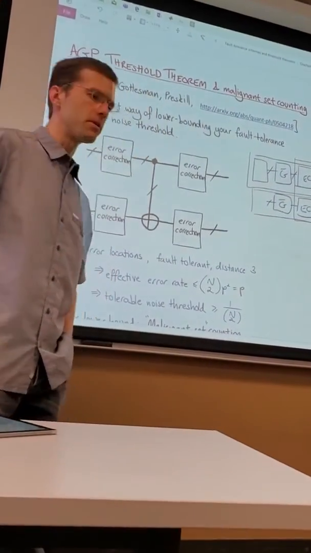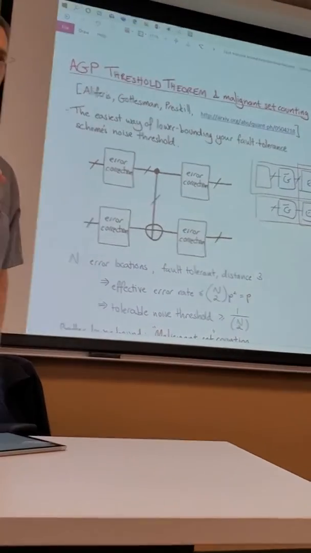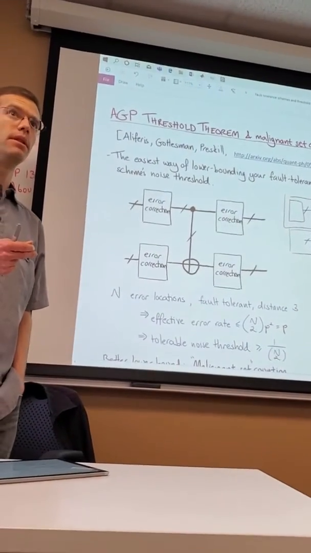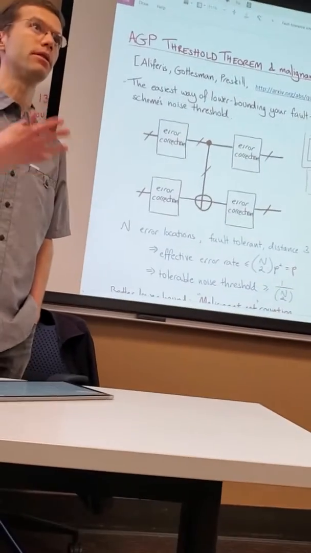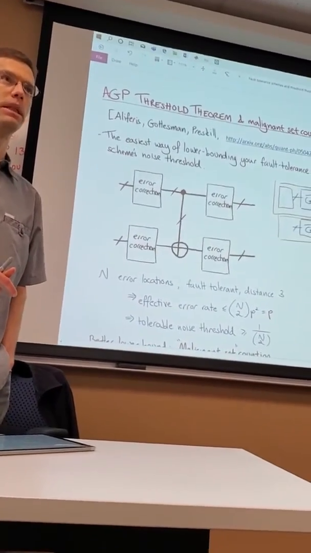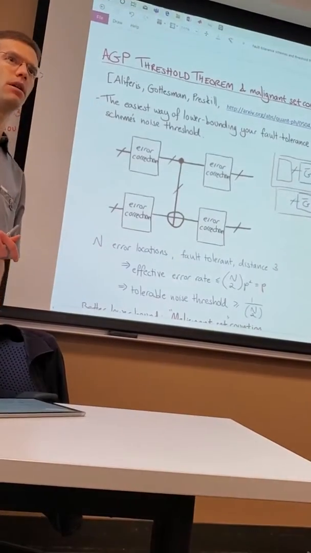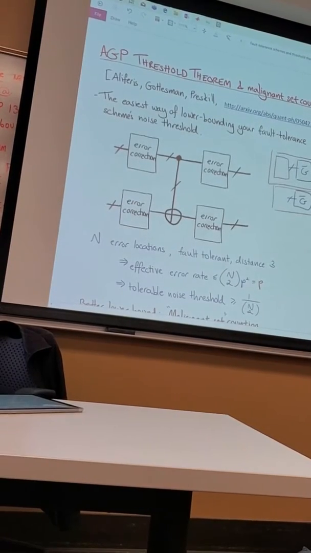I don't know which was the first rigorous one. And people had the idea for a while. Maybe the first one was like Aharonov and Ben-Or back in the late 90s. But these first threshold theorems were not very good. I mean, they proved that there exists some tolerable noise rate beneath which you can compute arbitrary reliability, but they didn't give any numbers at all. And if you tried to go through the numbers, you get something like 10⁻⁶ or something.